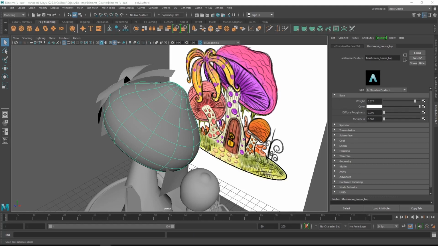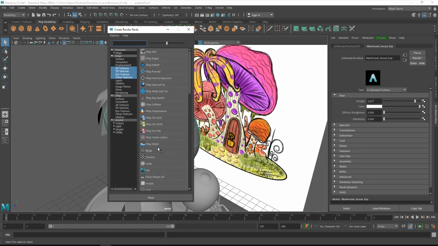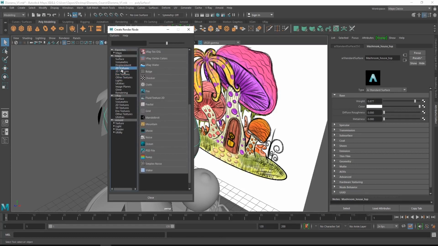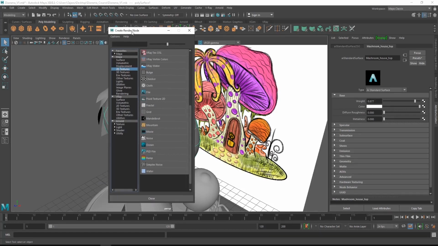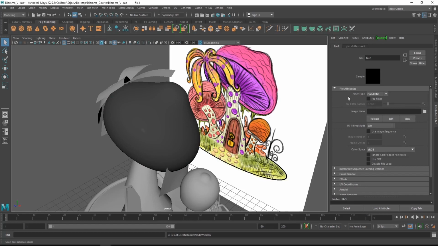Once you click on it, you will get a separate option for creating an extra render node. Here we can assign different kinds of materials and textures to that particular material itself. Once you get this create a new render node, here we will select the 2D textures option under the Maya menu. From here we will select the file option. Since we have all the textures created in a separate file, we are going to select this particular option for file. Once you click that option, you will get a different